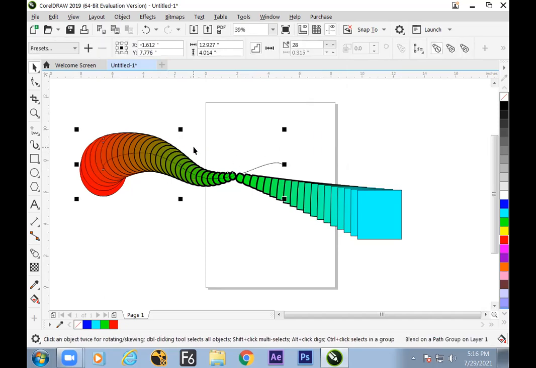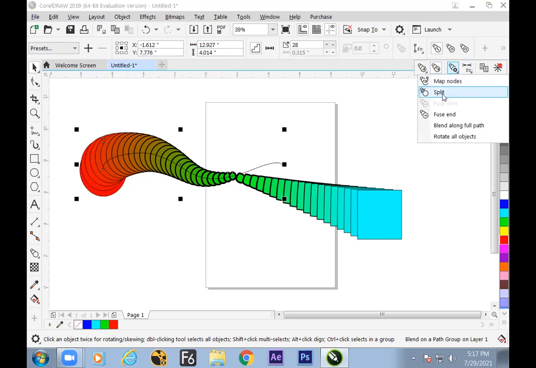Next, what other thing can be done with the blend? We have seen the position, direction, steps and color dynamics, changing the color. But on the extreme right, you can find some more options. And these two are common. We have understood, we can copy the blend and we can clear the blend. This is common in all these platforms. Platform in the sense like drop shadow, counter, we find the same option. Preset. Now these few options, let us see.